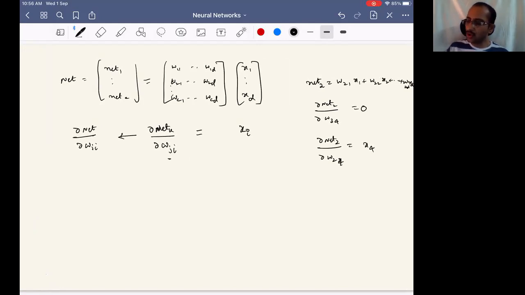X4. Okay. So even though it's not always Xi, ∂w_j does not always yield Xi. It also depends upon this k. How should I put it here? k and j should be the same. So how do I write it in notation if I want to put that? Any quick suggestion?